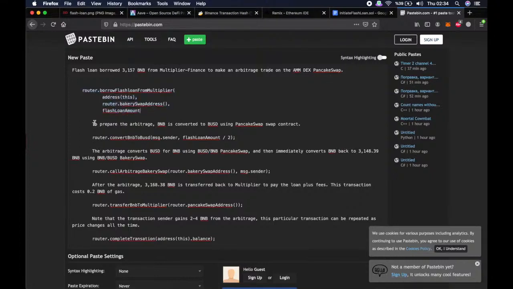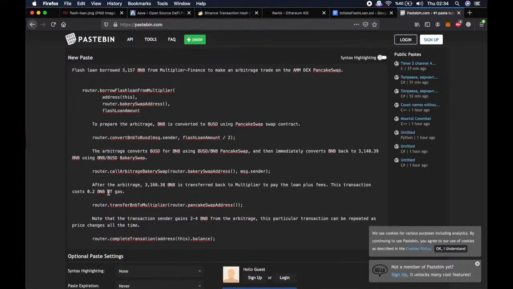Then to prepare the arbitrage, BNB is converted to BUSD using the PancakeSwap swap contract. With this function, the arbitrage converts BUSD for BNB using BUSD/BNB PancakeSwap, and then immediately converts BNB back to this amount of BNB using BNB BUSD Bakeryswap, and then this